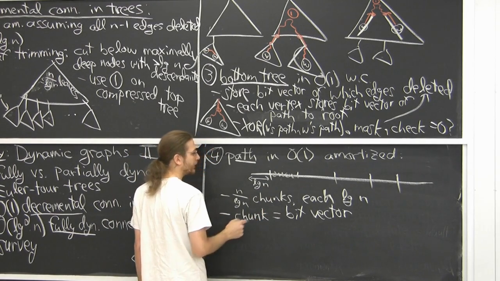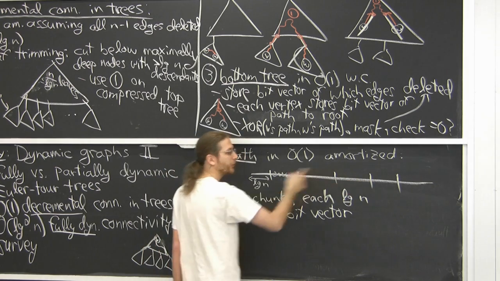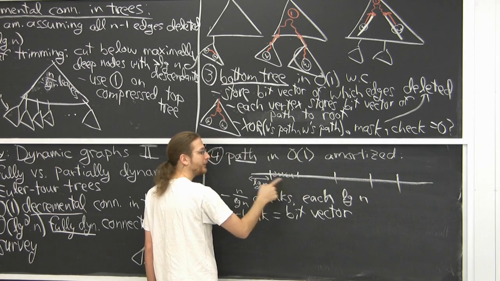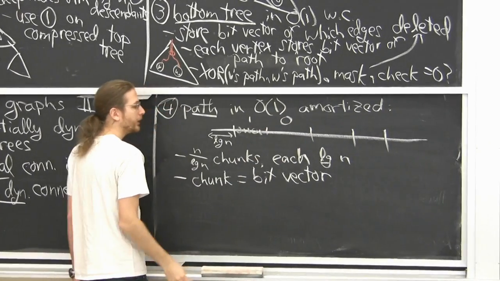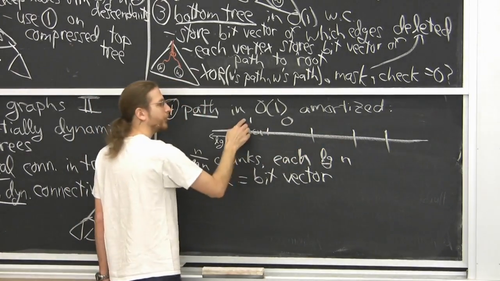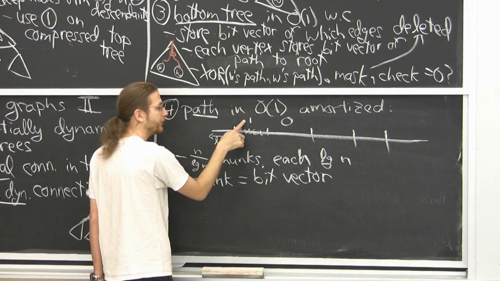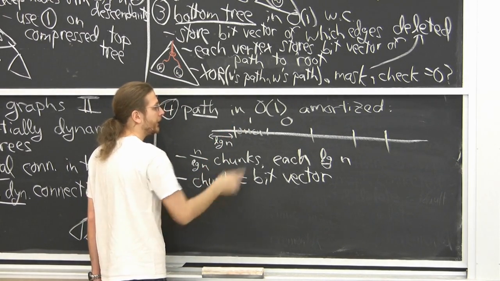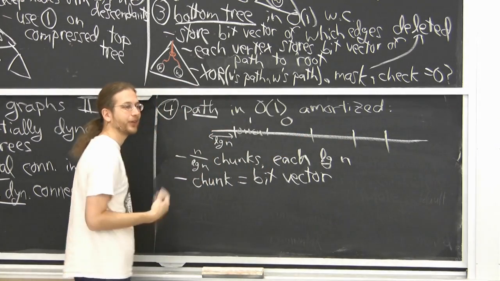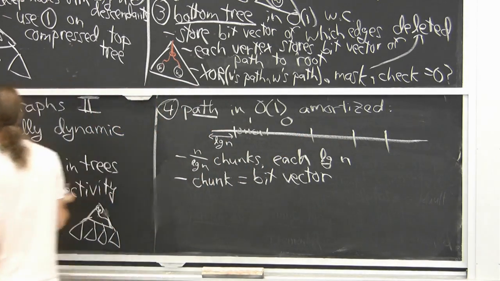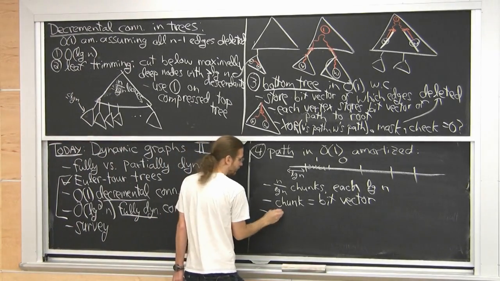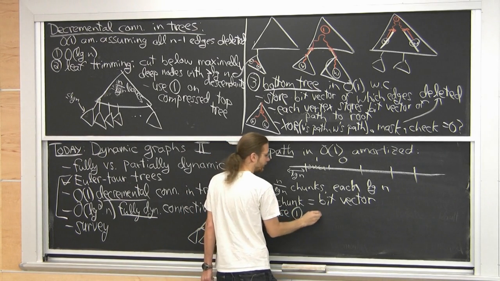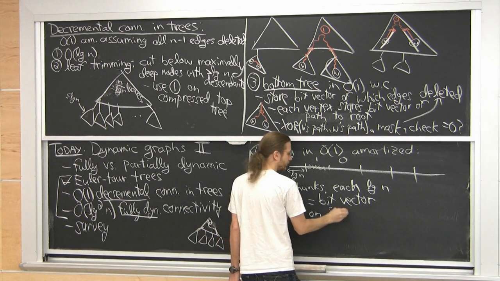Okay, now that's good for local queries. If I want to do a long distance query, I need to basically summarize: are any of these edges deleted? If so, put a 1 up here. Any of these edges deleted? If not, put a 0. And now I want a structure over this, which you might call the summary vector, like in van Emde Boas. Done it before with indirection as well. Now this summary vector has size n over log n, so I can afford to use our log n solution that we started with. So use it on the summary